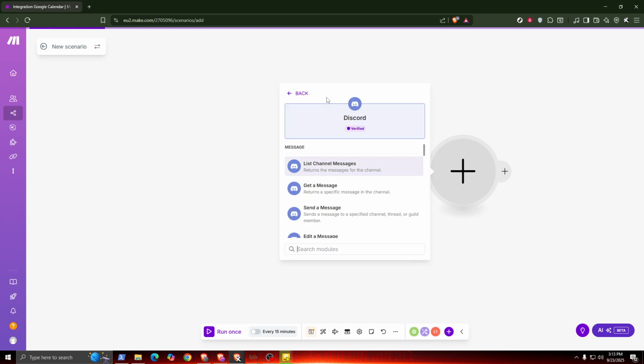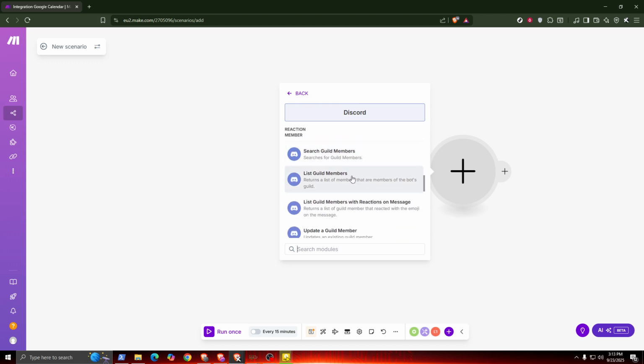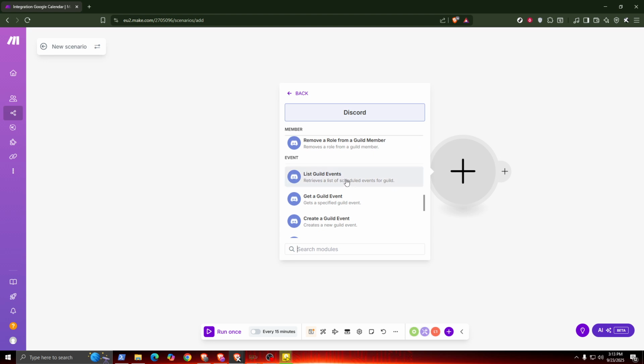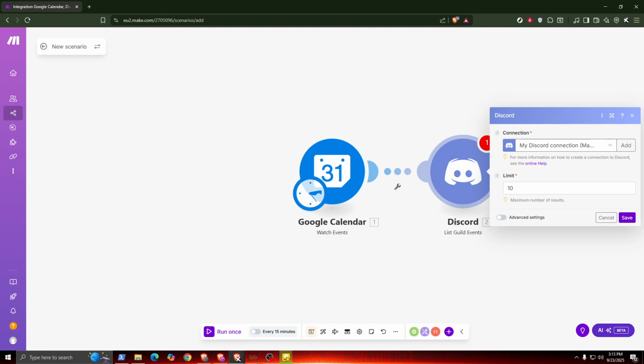With everything set up, you're good to go. Remember that setting up these connections doesn't just save time, but it also enhances communication within your community. You won't need to manually update everyone because your automation will handle it. You now have a setup that will ensure that any events on your Google Calendar are reflected and managed within